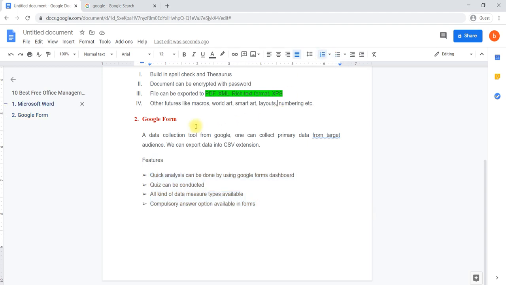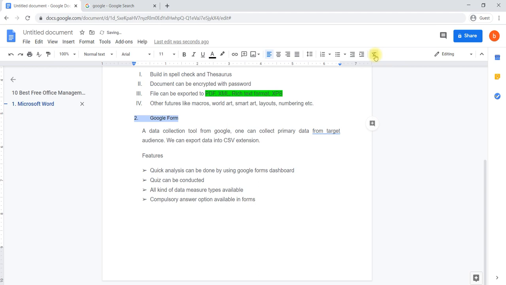One more thing, for example, if you would like to remove this format and get it back as the original, then what we can do, we can select that particular thing which you would like to get back to the original text format. Whichever applied format needs to be erased, go to here, clear formatting. The last option is here, clear formatting. Click on that. It will go back to as you have created in the previous one.